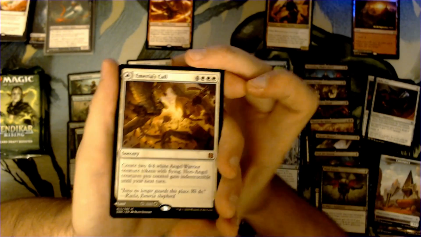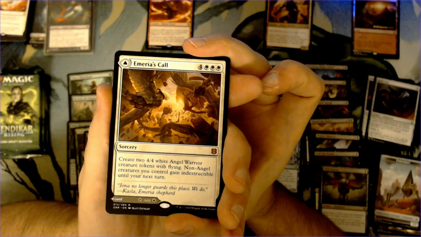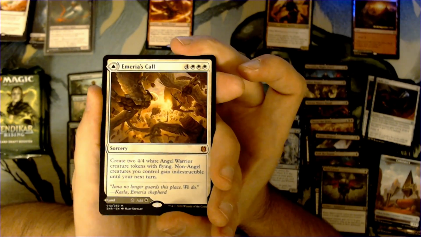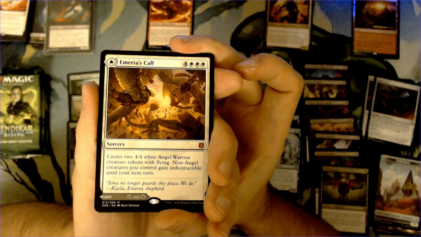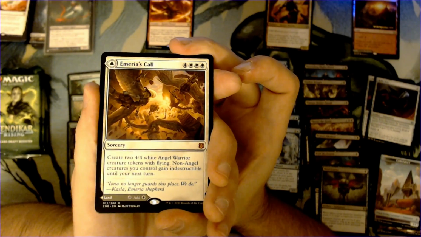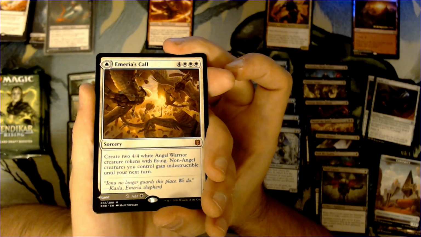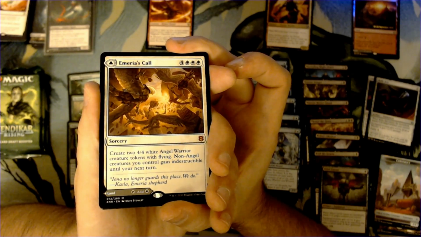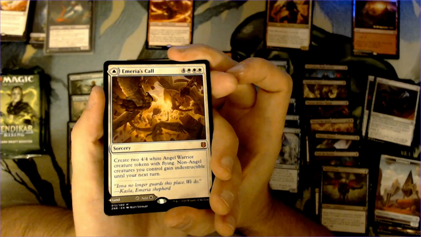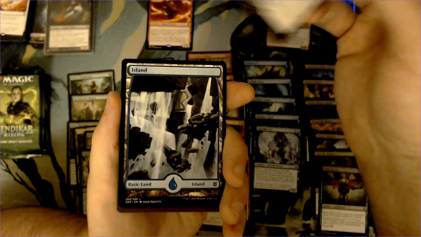Alright, we've got this mythic, and this one I really kind of wanted, because if you are a fan of me, you know that I love my angels. So the Samaria's Call does cost 4 and 3 white, but creates two 4/4 white angel creature tokens, and then non-token angels get indestructible until your next turn. Or you can just flip it over